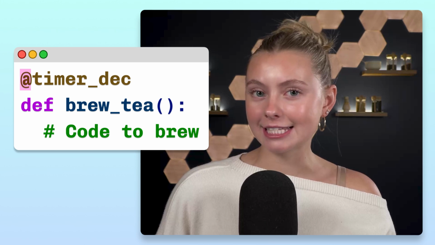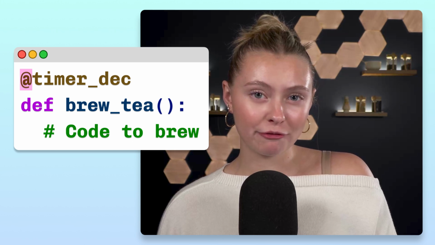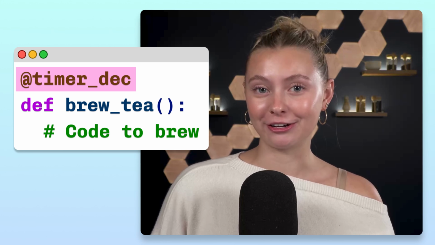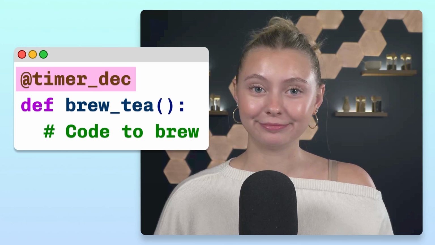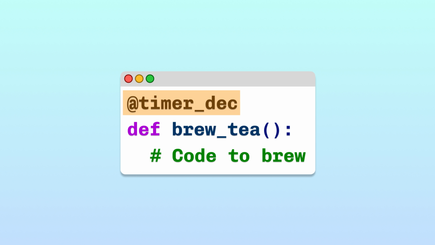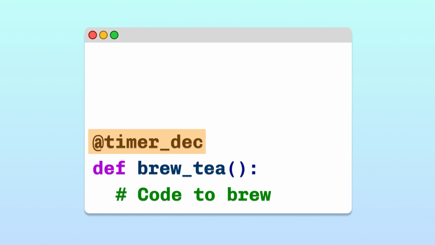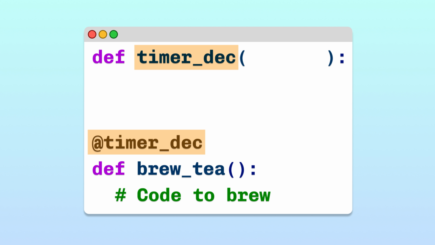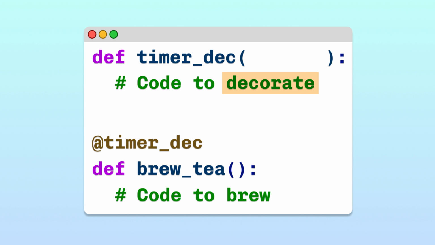Have you ever seen an @ sign on top of a function definition before? This is decorator syntax in action. A decorator, like timerdec here, is itself a function. The purpose of that function is to decorate or enhance a base function that we pass as an argument and